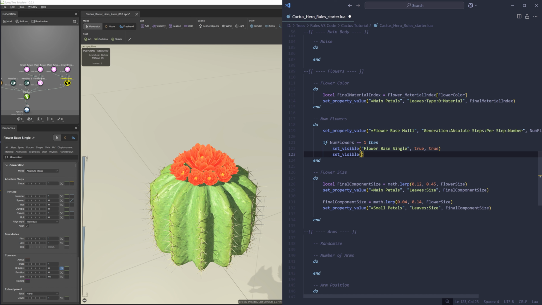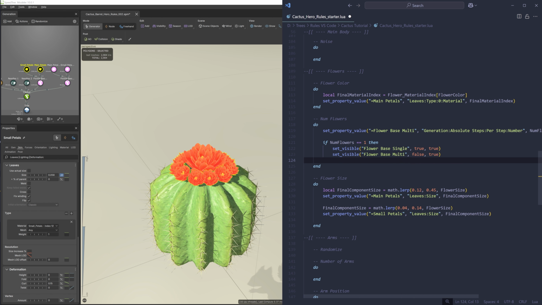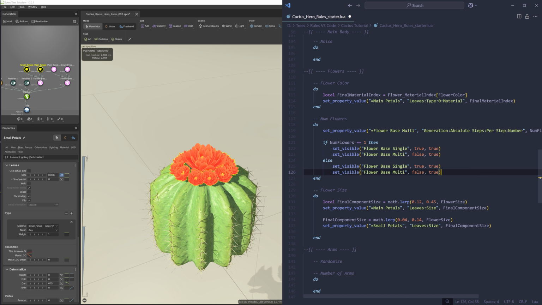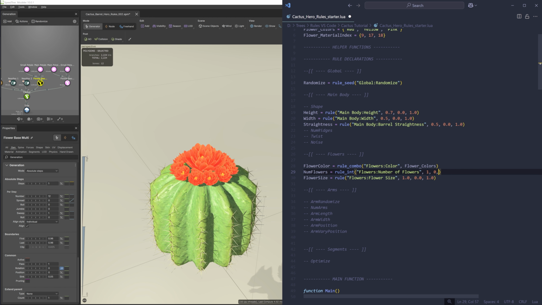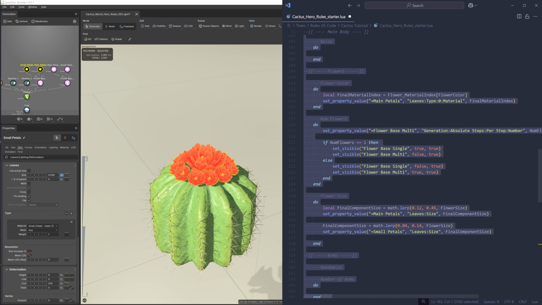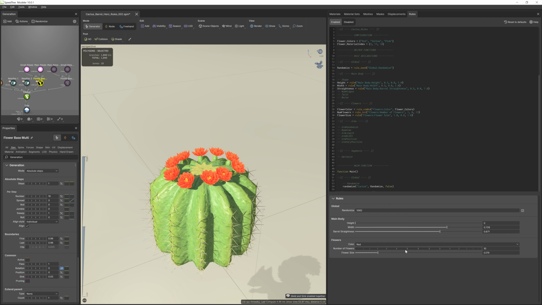Following that logic, we can write the setVisible line for our flower base multi-generator, and our first argument will be false, but our second argument will be true, because it's true that we want the children to match the visibility of the parent. Okay, then we reverse everything in our else statement. I think I'll also go ahead and update my max value in my definition to 12. And copy-paste into the modeler. And we see our generators show and hide appropriately.